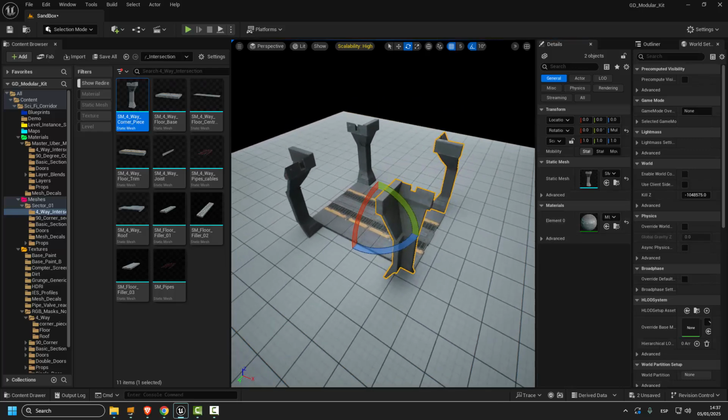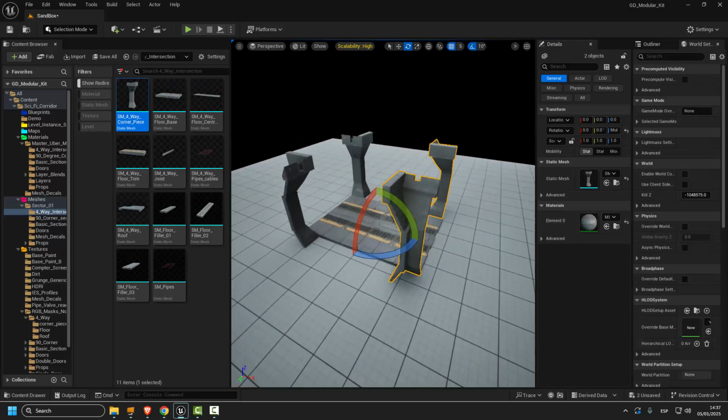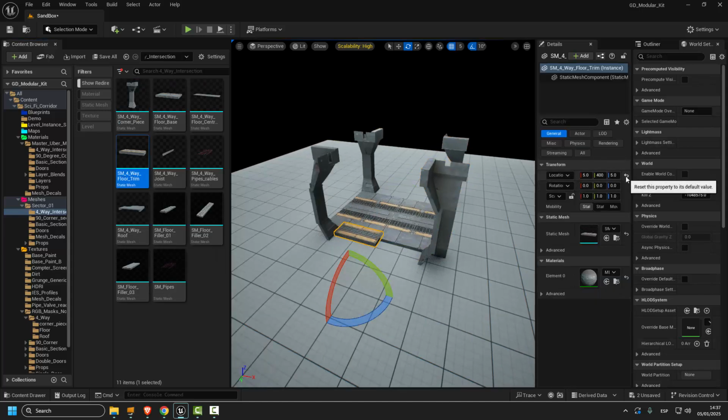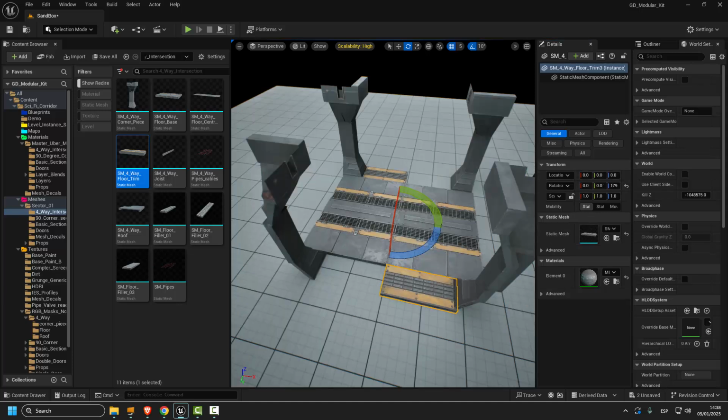So once you put the roof on, and these trims, zero them out, rotate, so zero that out, and then just across the X, -1. So then just grab any of these, same again, duplicate,